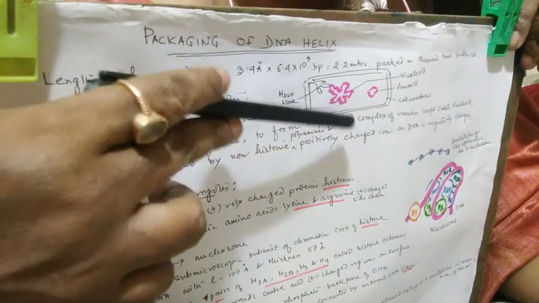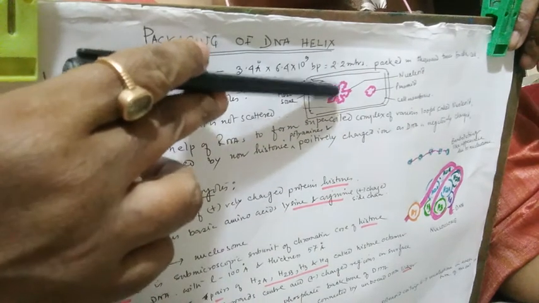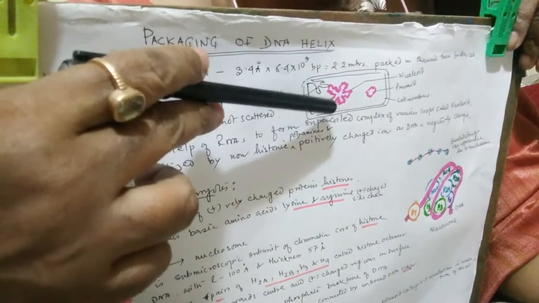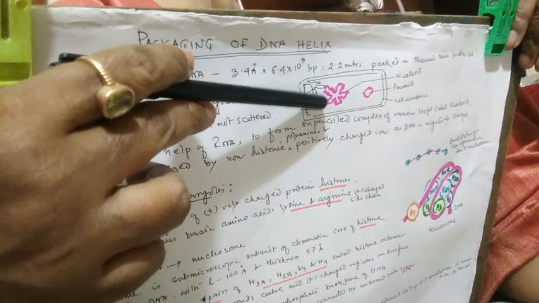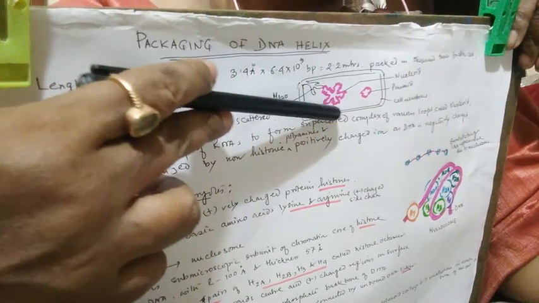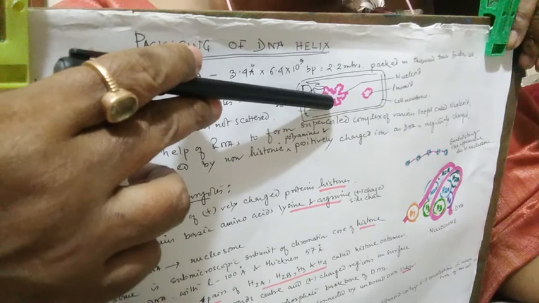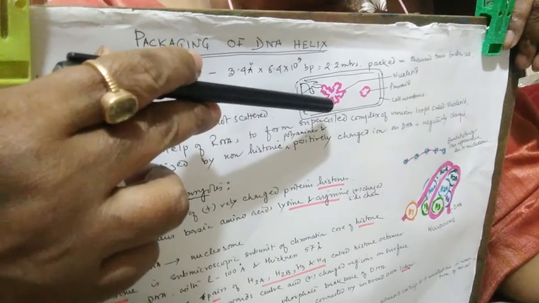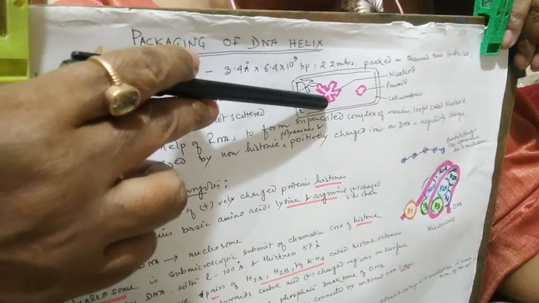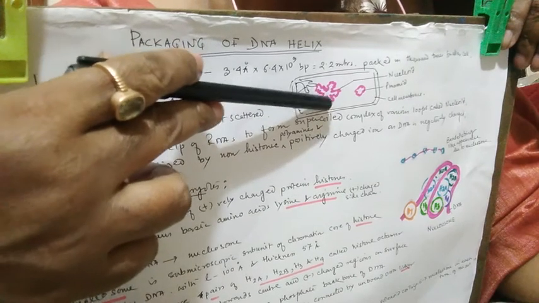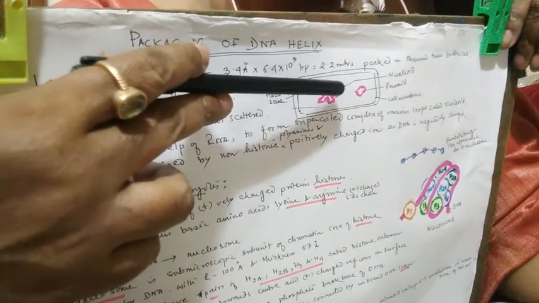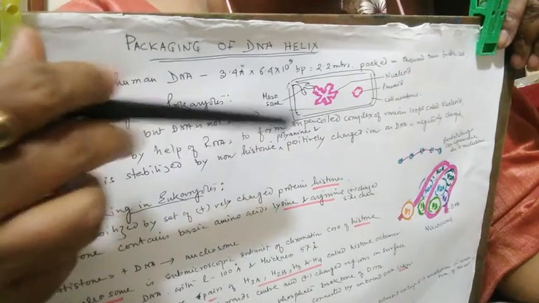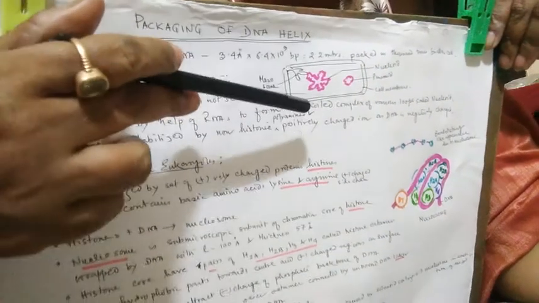The nuclear material is present in the cytoplasm, but interestingly, you will notice that it is not in a scattered form. They are present in the cytoplasm, but they have a specific configuration. Clear? They are not scattered throughout the cytoplasm. So somehow they are packaged. Clear? So how are they packaged?